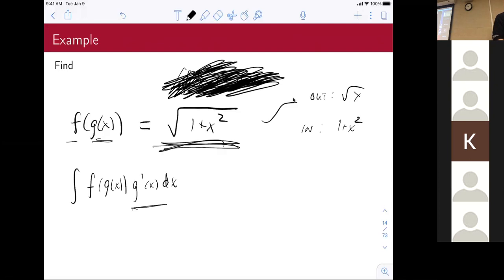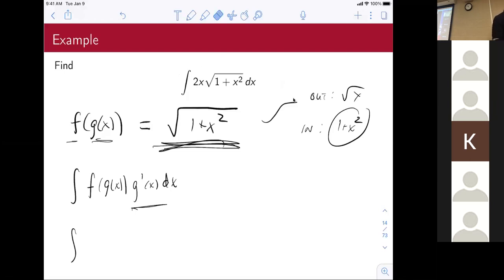If f of g of x is this, that 2x comes from looking at the derivative of the inside. So g prime of x would need to be 2x, and that's exactly what g prime of x is for us. So that tells us that the integral of 2x times the square root of 1 plus x squared dx